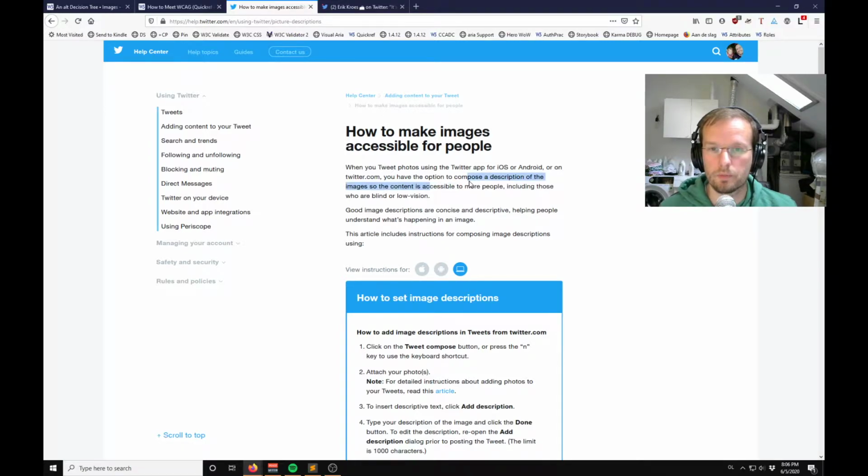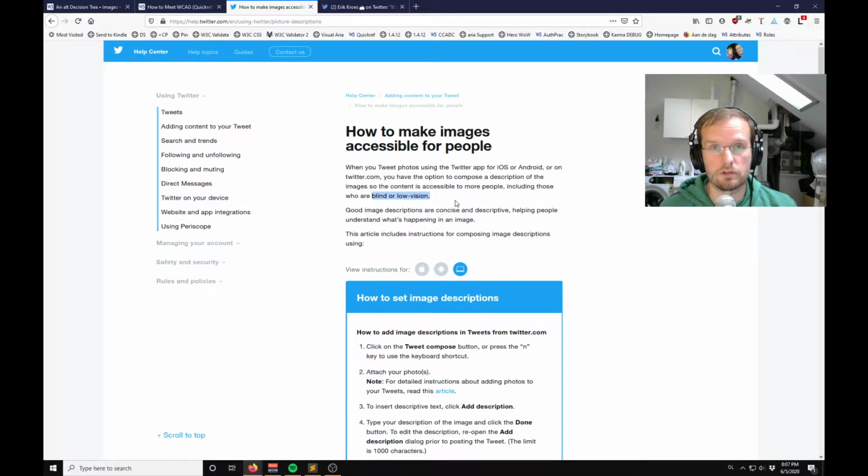Yeah, it's accessible to more people. It adds an accessible name. We'll talk about that as well. And it mentions here blind or low vision, but if you have low literacy, a screen reader can also be nice. There are other pieces of technology that also make use of the image alt text, and we'll get to that later. But the main target group, a lot of people that you will improve the lives of, are the blind and the low vision,